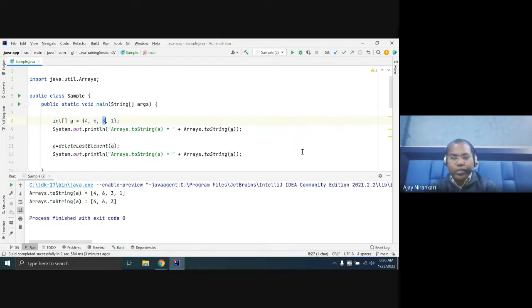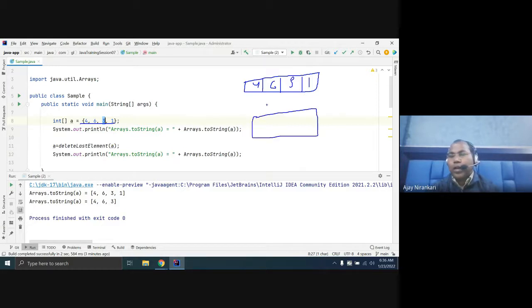So let's think again. Let us say I want to remove this 4. What happened? This is the 4, this is the 6, this is the 3, this is the 1. You created a length minus 1 array. Let's say I want to remove the first element. So whenever you have 0 position, 1 position, 2 position, 3 position, and the new array has 0 position, 1 position, and 2 position. So whenever you are going to first copy 0 position data to here, you have to check with this. Is it a match? Then you don't need to copy.